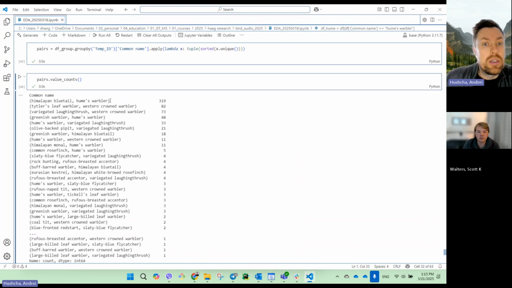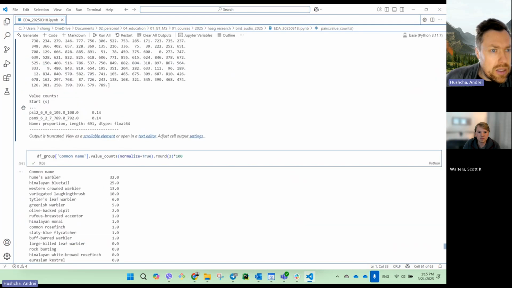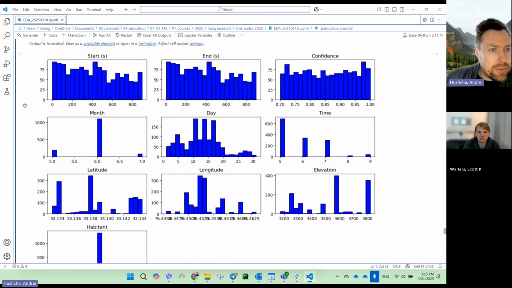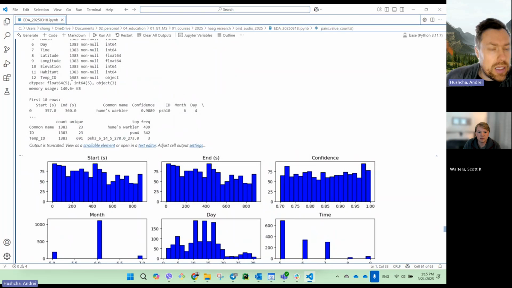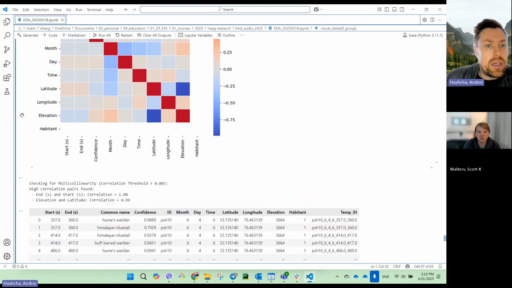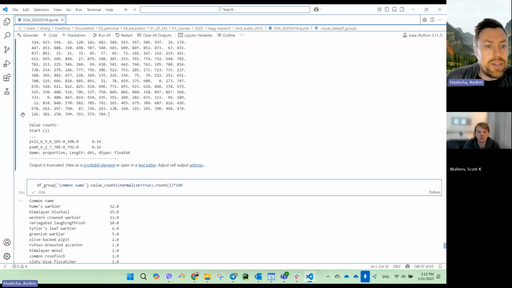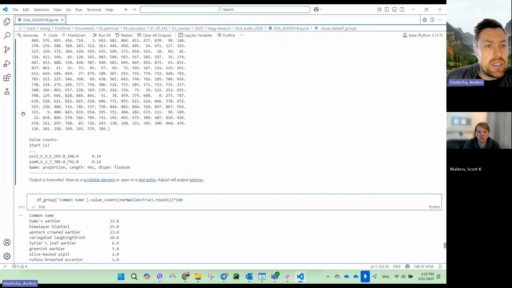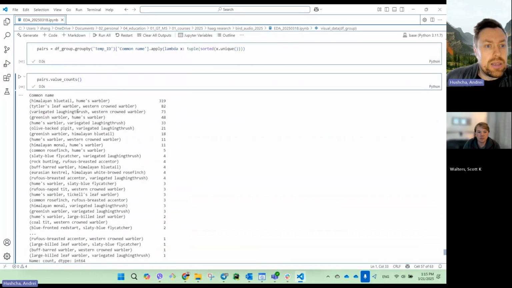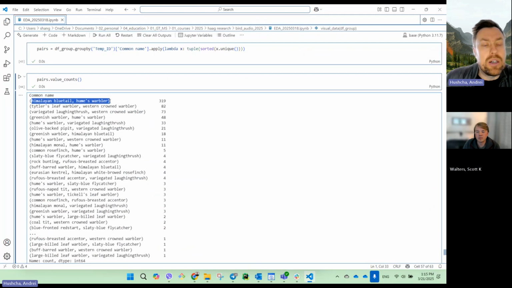For the Hume's, we got 1,300 observations, and almost 25 percent are the pair of Hume's and Himalayan Bluetail. Those are pairs of birds singing at the same time